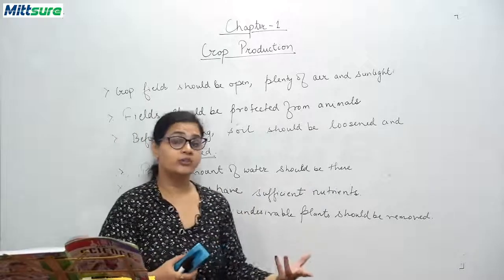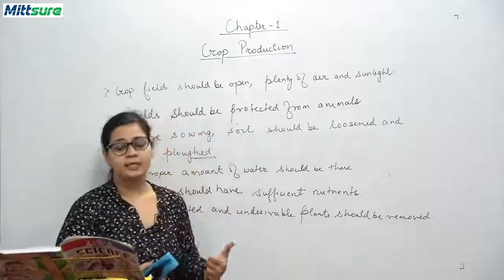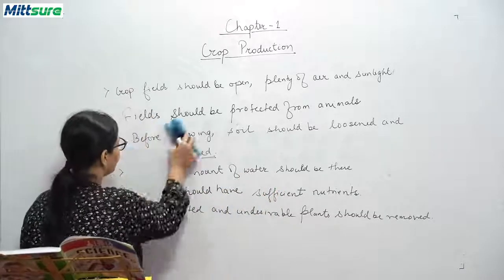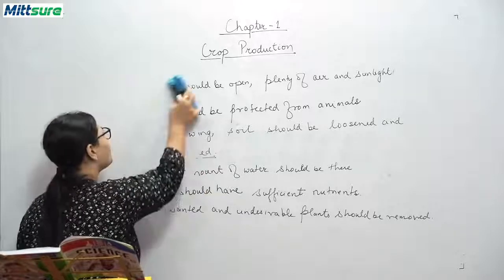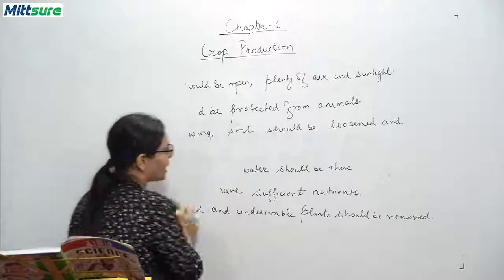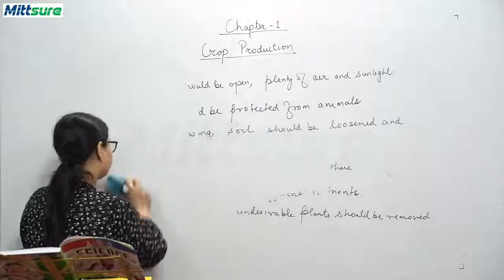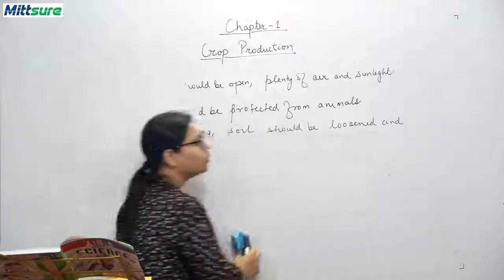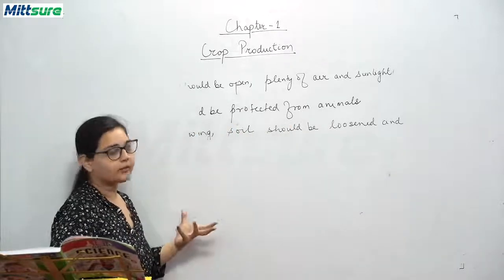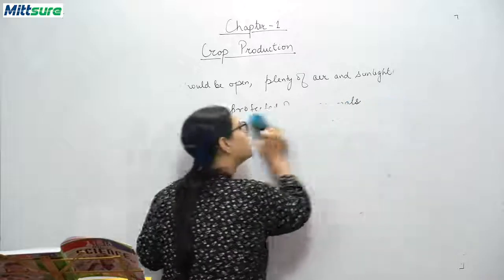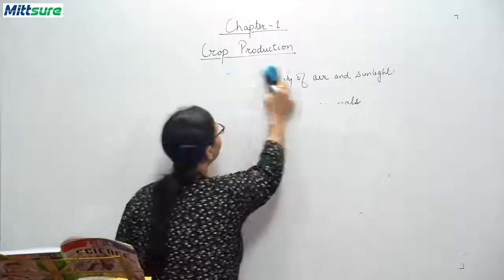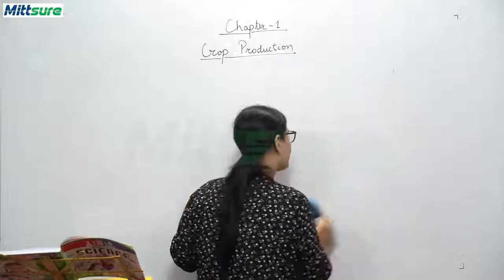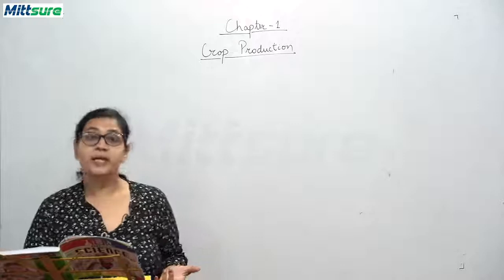Steps to improve agricultural practices. The next heading is agriculture in ancient times. Let me write down that heading for you. Now, what is ancient time? Ancient times are when our ancestors were there, and how they came into the practice of agriculture is going to be taught here, and we will discuss every aspect of how our ancestors